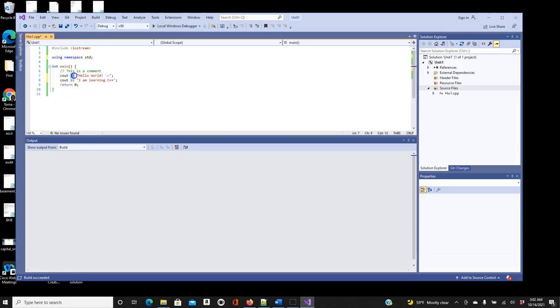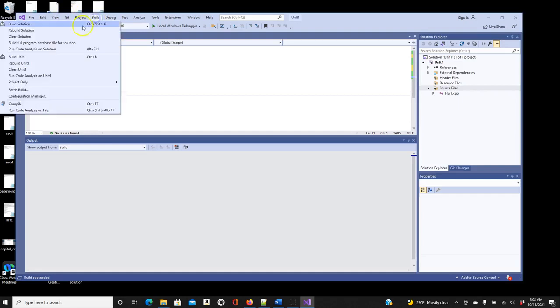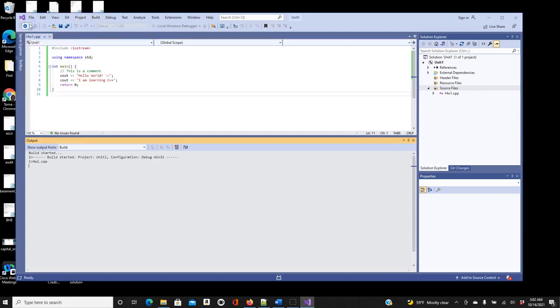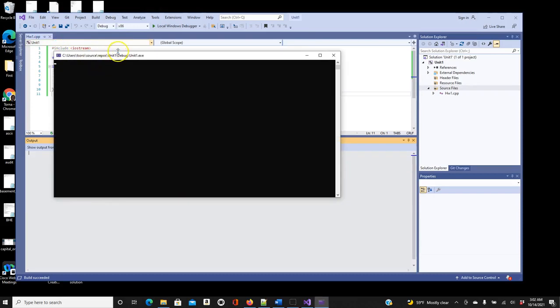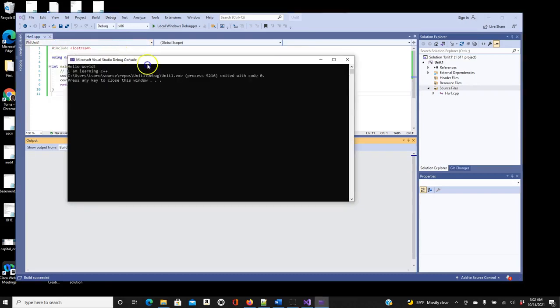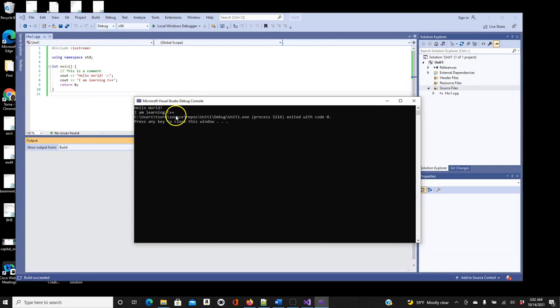And this one just means output this part here. So that's basically how you can run a program in Visual Studio 2019, and you can use your Control F5 and it will give you, hello world, I'm learning C++.